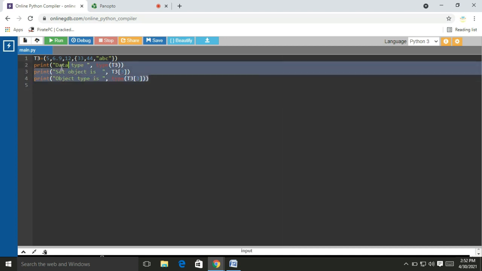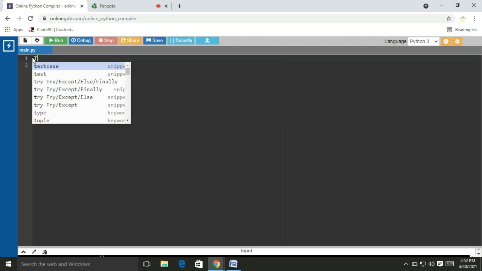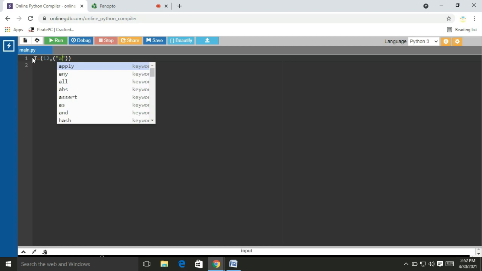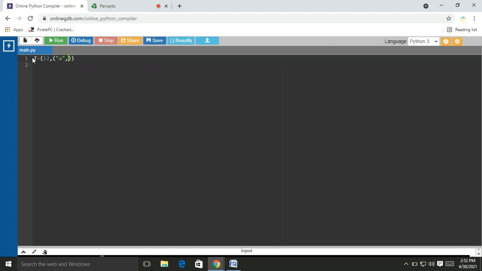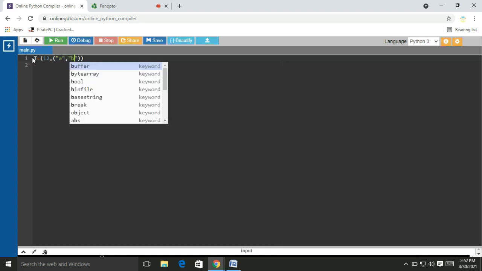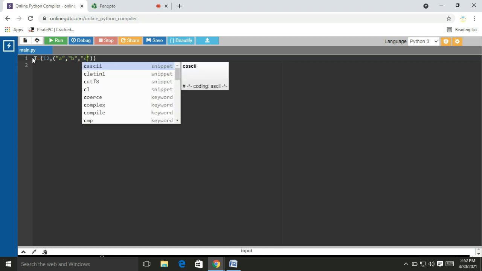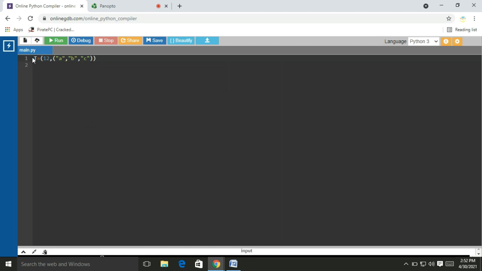Now, I would like to conclude by keeping everything within one tuple. T equal to, this is a tuple, that is 12, comma, this is another tuple. Suppose here I write A, comma, B, comma, C. This is the tuple, comma.